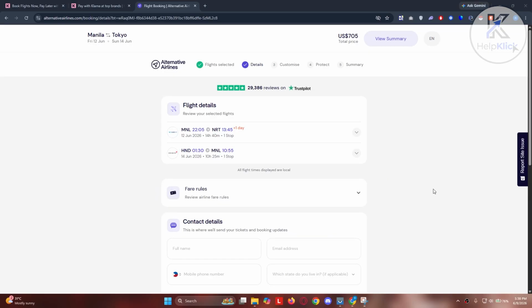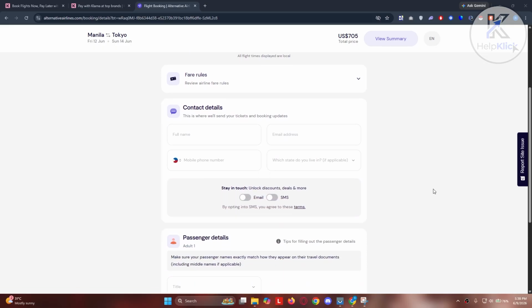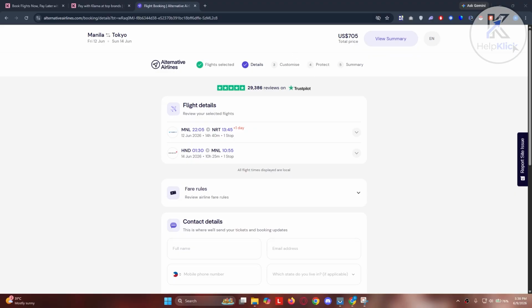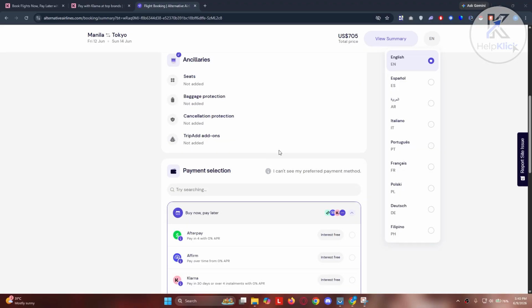From here, you want to enter the necessary details, like for example, your contact details and your passenger details. Once you've done that, it should redirect you to customizations. If you want to add, let's just say, insurance or additional bags, you can do that. Once you get into the summary page, once you've chosen your baggage or whatever you want to add into your account,